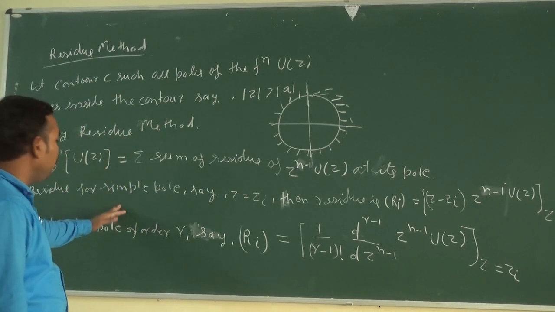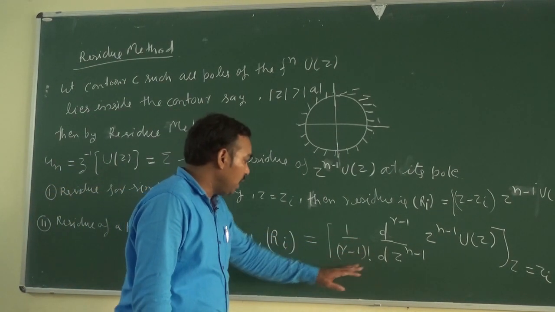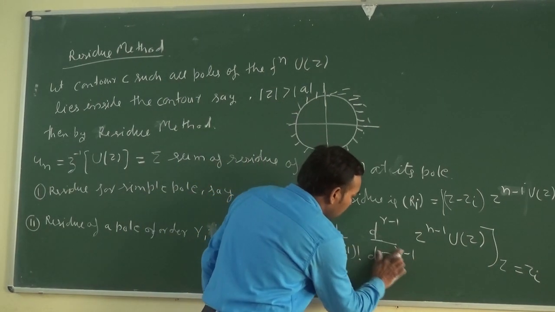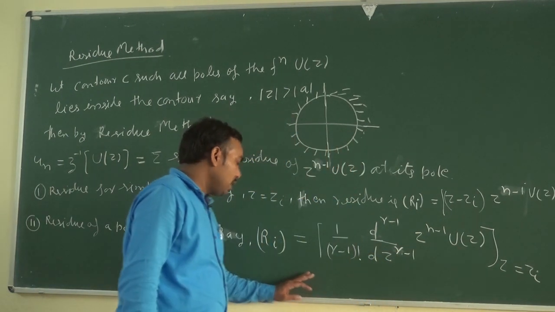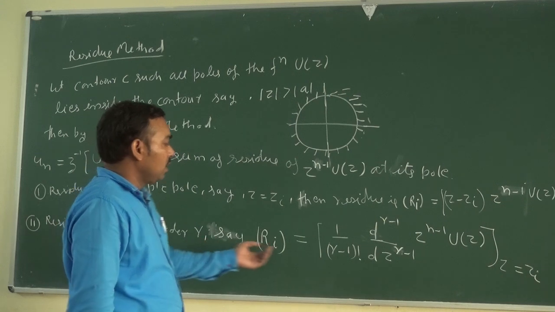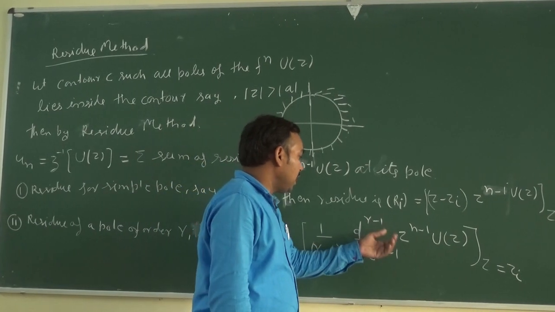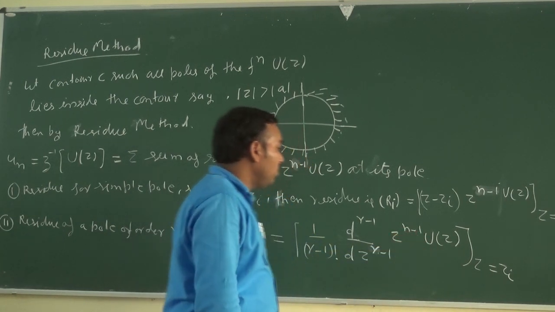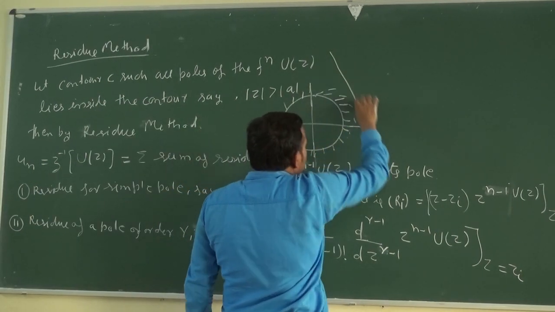Means one is a simple pole and the other is a pole of order R, then the residue is 1 upon (R minus 1) factorial d R minus 1 by dz R minus 1 of Z to the power n minus 1 U of Z. For example, if the pole is of degree 2, say R equal to 2, then simply 1 upon (2 minus 1) factorial, that is 1 factorial, d upon dz of Z to the power n minus 1 U of Z. So we will find the inverse Z transform